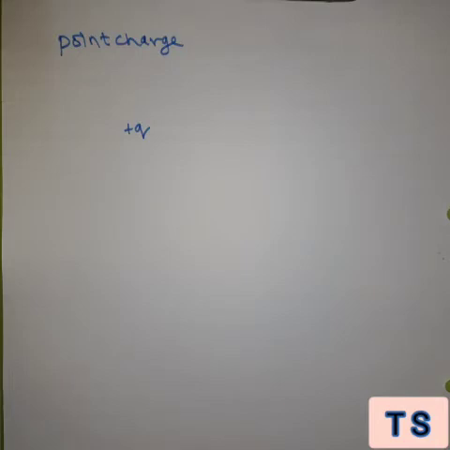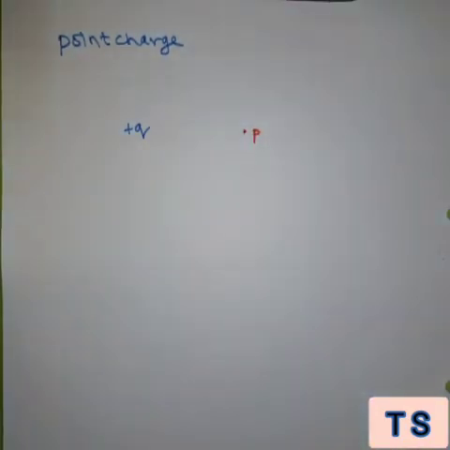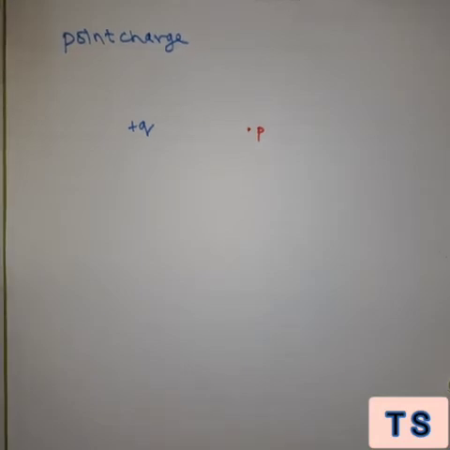When I say it's a point charge, I can assume it to be spherical in shape somewhere. So I take a Gaussian surface, and let's say I have to find at point P the electric field intensity due to this plus Q charge. So I will draw a spherical shaped body